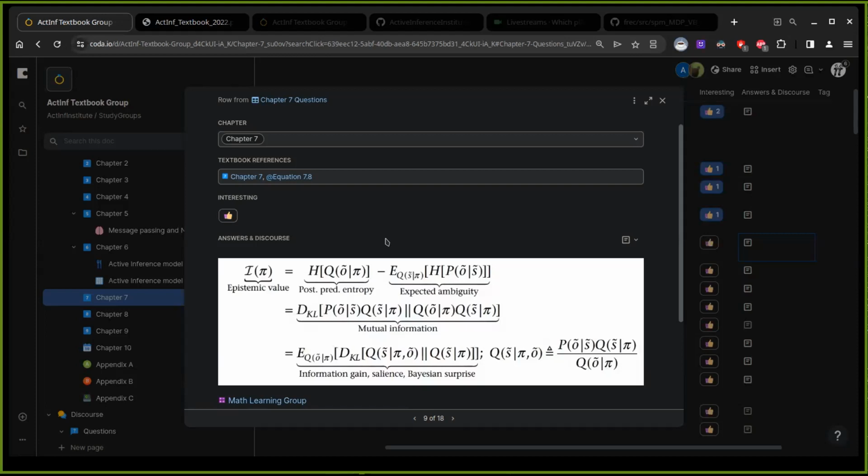So, for example, the extrinsic value depends on the posterior predictive entropy, as shown in the first line,